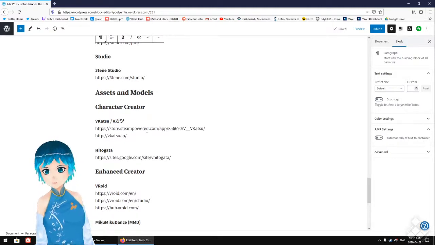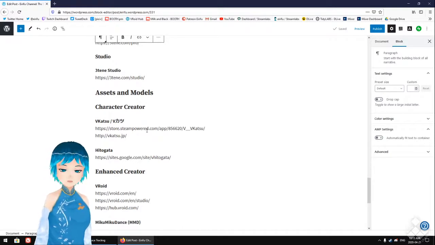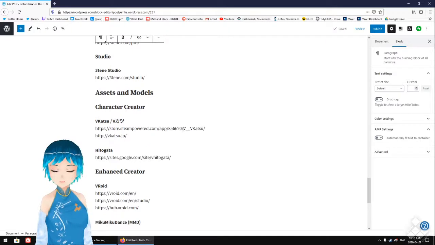Character creators, it doesn't need much explanation. It's like creating a character in an MMORPG where you just have a character there and you put sliders in. Hitogata actually has an integrated character creator, and I don't really think anyone uses it anymore, but that's an option as well. VKatsu